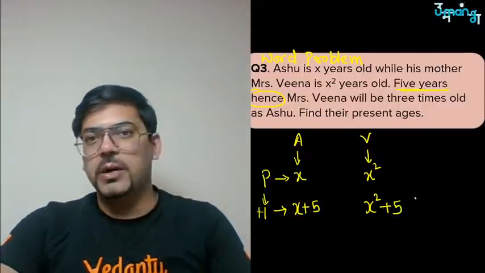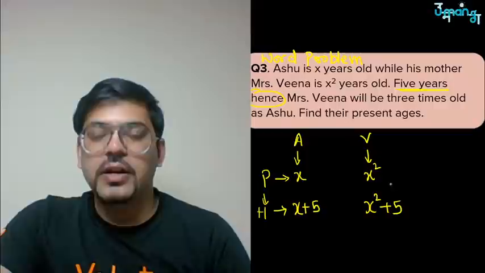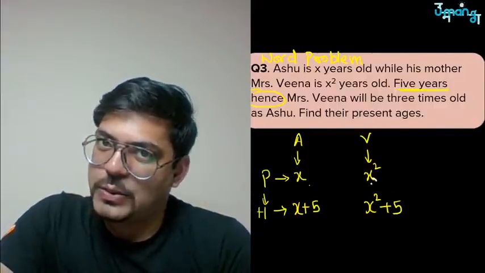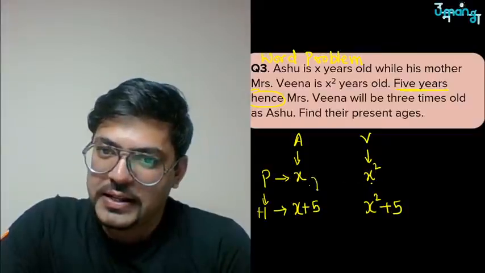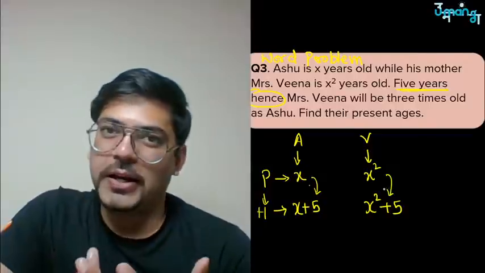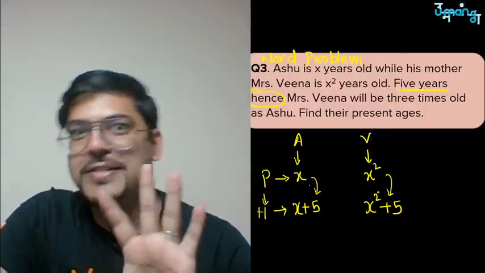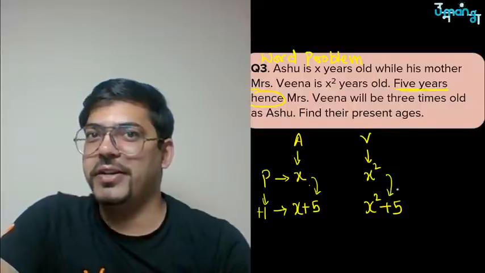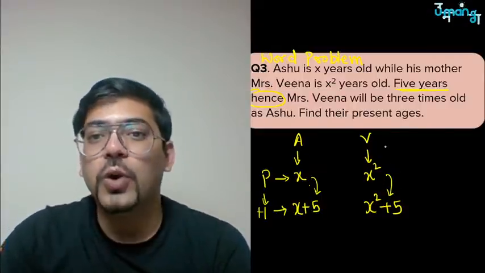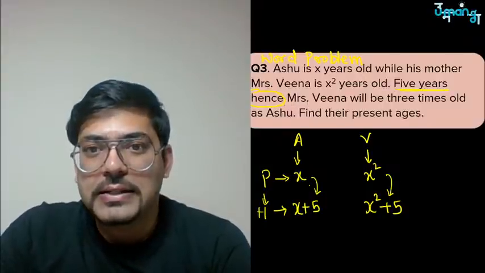पहले यस बोलो, come on, just tell me, if आशु का एज x है and if Mrs. Veena's age is x square, तो after 5 years यहाँ पे भी प्लस 5 होगा और यहाँ पे भी प्लस 5 होगा, क्योंकि मम्मी हो चाहे बेटा हो, 5 साल में दोनों 5 ही साल बढ़ेंगे, ऐसा नहीं कि मम्मी 10 साल बढ़ जाएगी, isn't it? यस। चलो अगर ये वाली बात समझ में आ गई तो अब पढ़ते हैं। 5 years hence